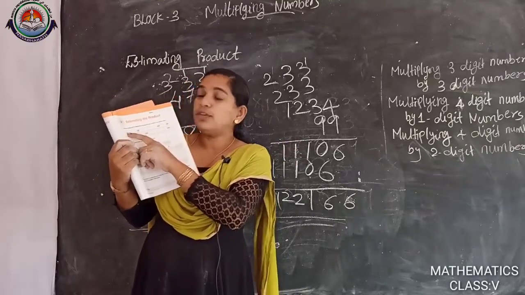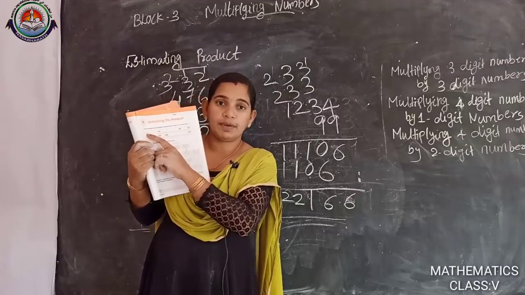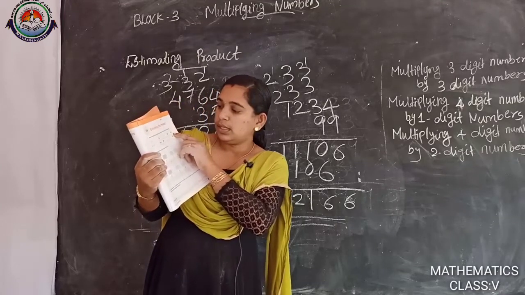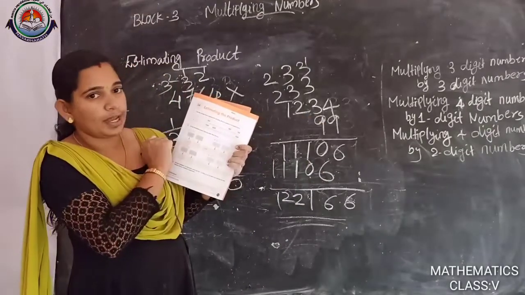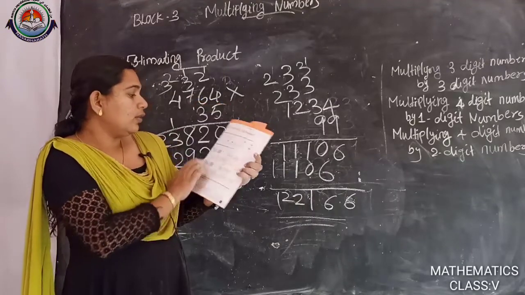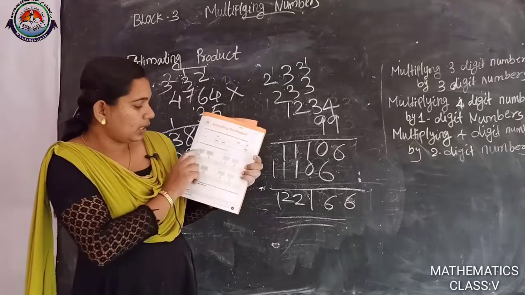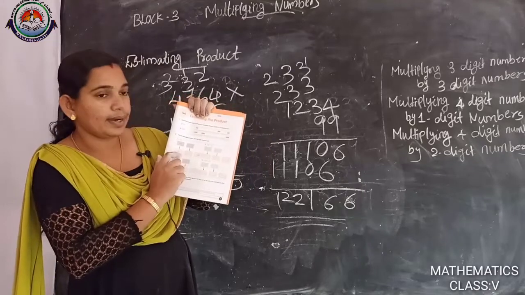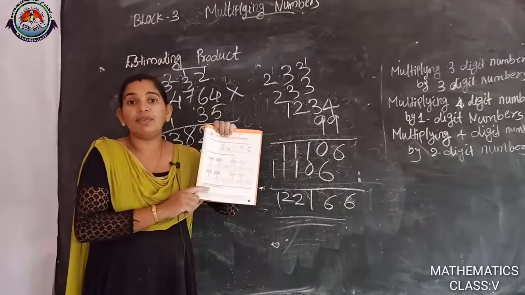Here first number is 576. Then here hundreds place, rounding off to 100 we want to write. So, which place? Mark it. Circle that number. Then second number 3225. That you want to round off to 1000. Find the estimated product. One has been done for you. Here the given numbers are rounded off to 100. So all numbers you want to round off to 100 first, then find the product.